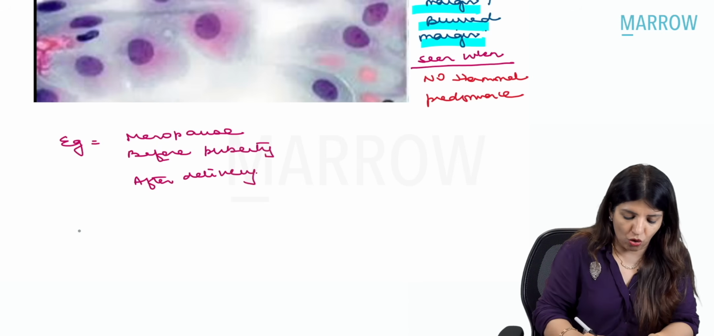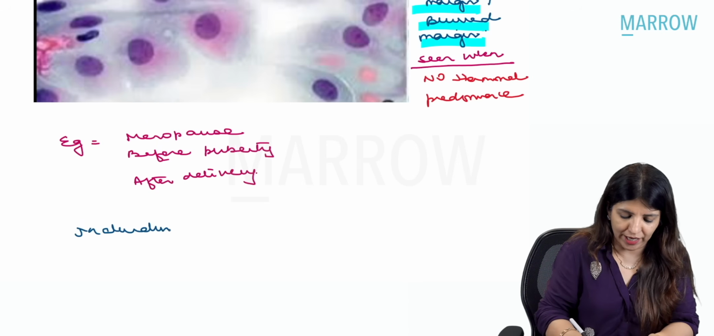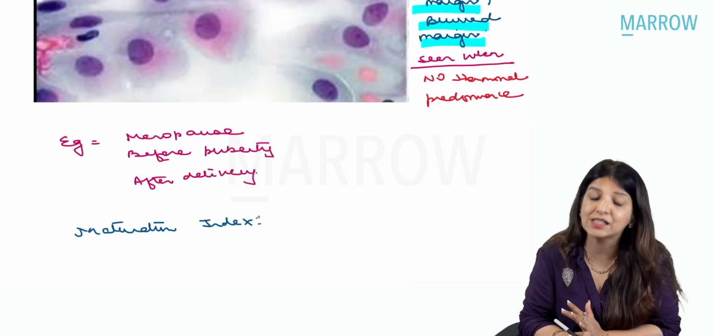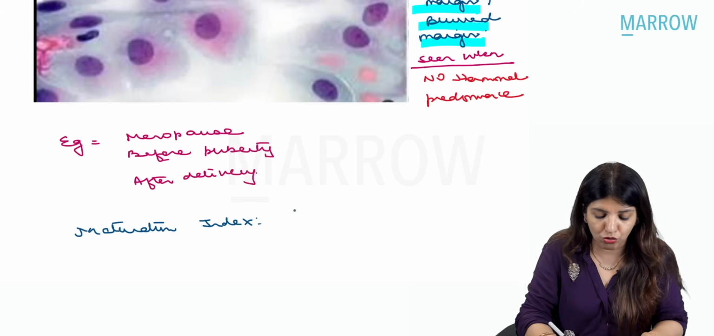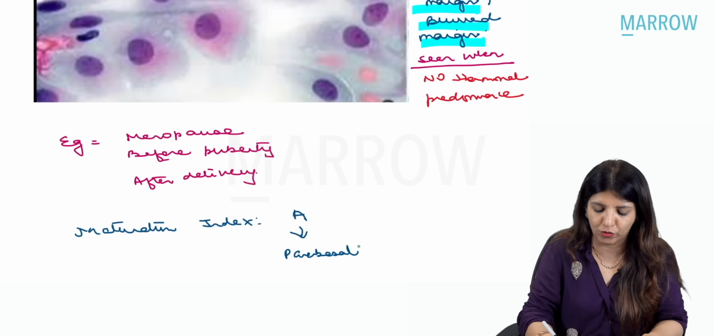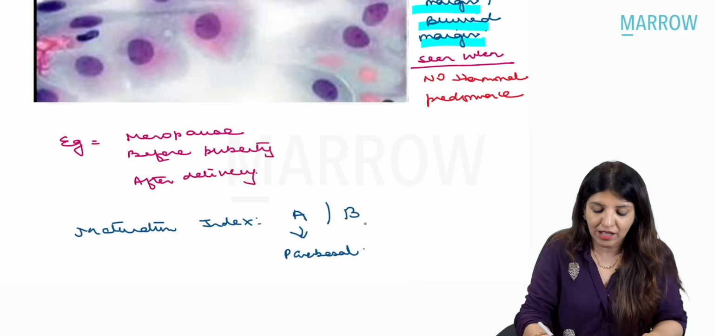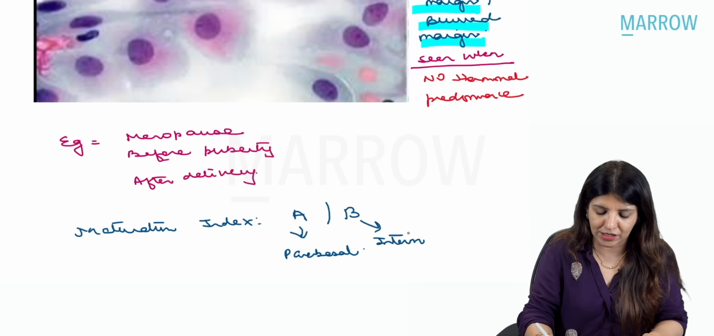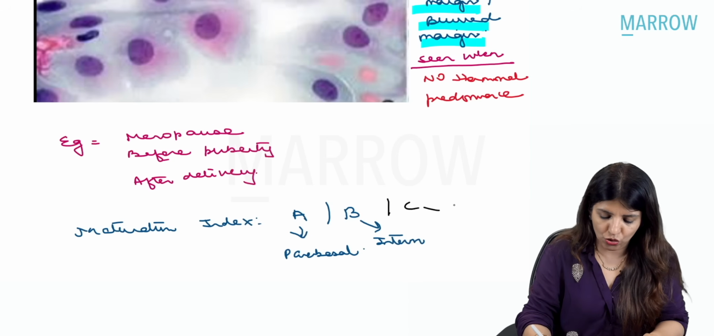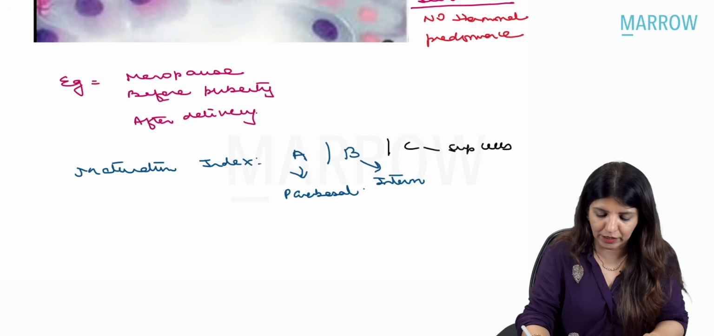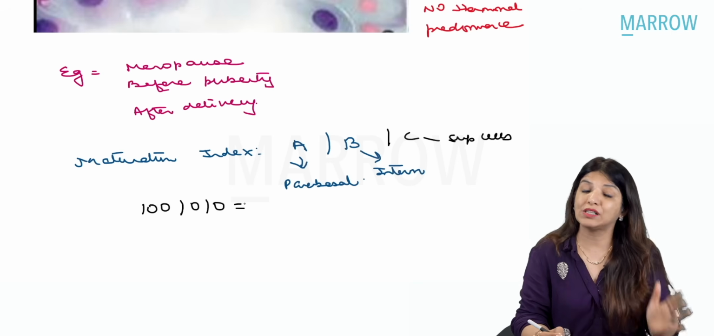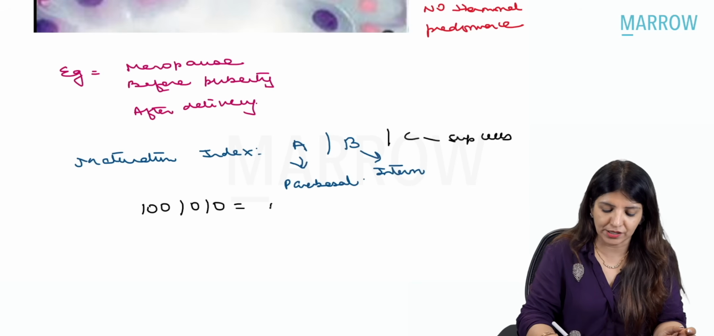There is something which is called the maturation index. In maturation index, we are going to count 100 vaginal epithelial cells, and out of those 100 cells, we are going to report how many of them are parabasal. The first number which you write is the number of parabasal cells, then the number of intermediate cells, and then the number of superficial cells, right? For example, if you are getting maturation index as 100/0/0, that means all cells are parabasal, and that means this is a